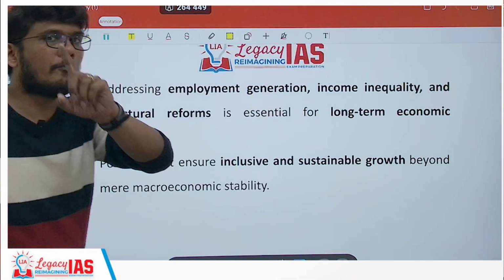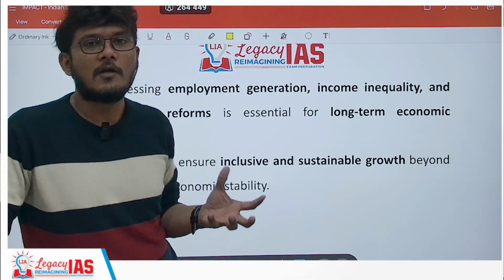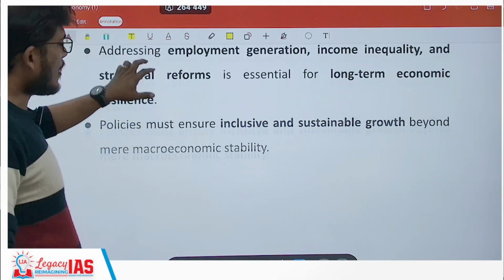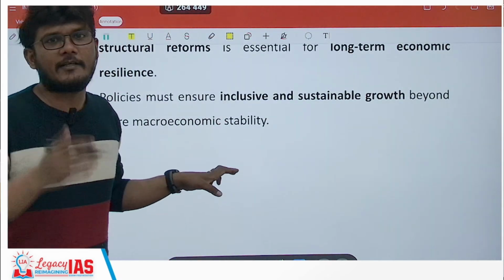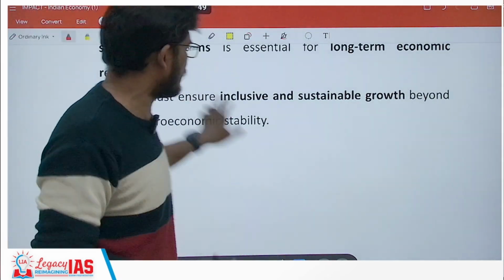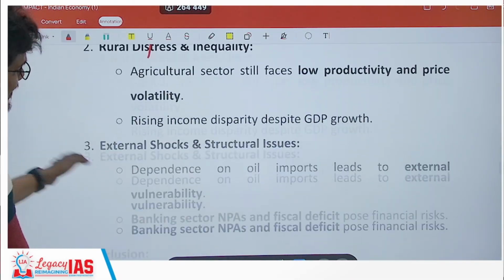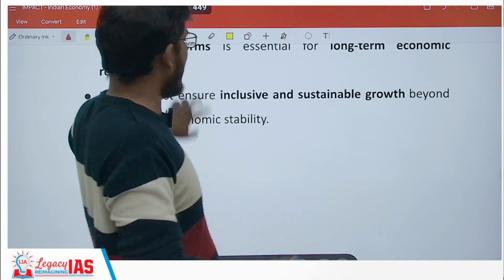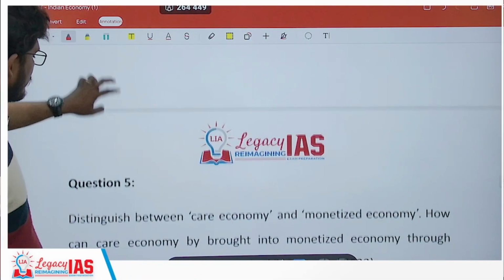Solution would be more important rather than conclusion in a 10 marker. So if you are short on words, make sure you write the solution. Okay. However, you can still manage both by writing 2-3 solutions in the same sentence. Challenges, 2-3 challenges in the same sentence. You should not write 3 separate sentences; write them in the same sentence and move ahead. That is how you best utilize your word limit.